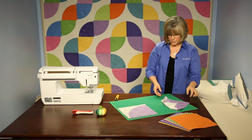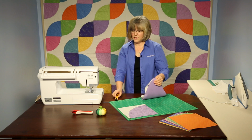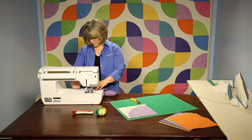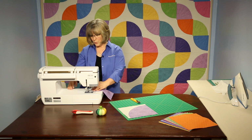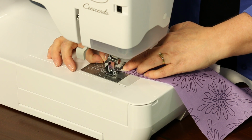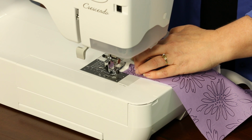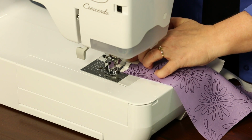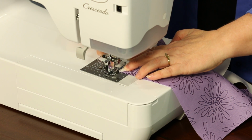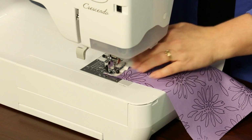Now we're going to take it to the sewing machine. Everybody says, how do you get all this fullness? The nice part is, because I said, remember, wide open curve, the fabric will just position itself as we sew, with a little cajoling from us. So we put the presser foot down, take just a couple little steps into the fabric like this, and then you can remove the pin. It's more for helping you get, because you can't get under the presser foot with your fingers, to hold everything in place. And then we're going to run a 1/4 inch seam very carefully along the cut edge,